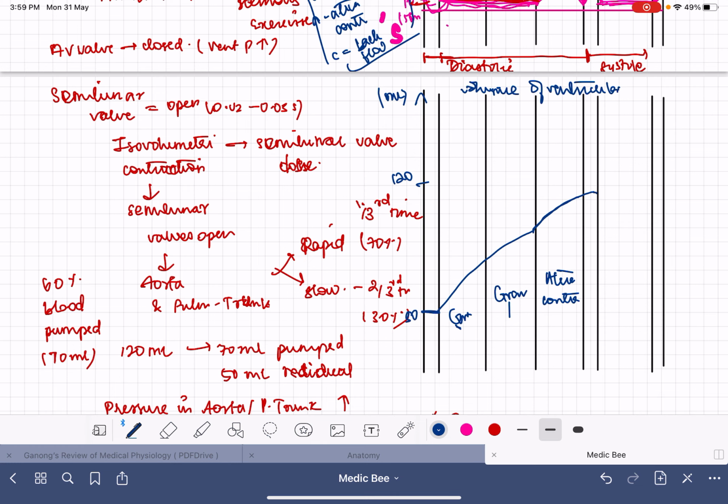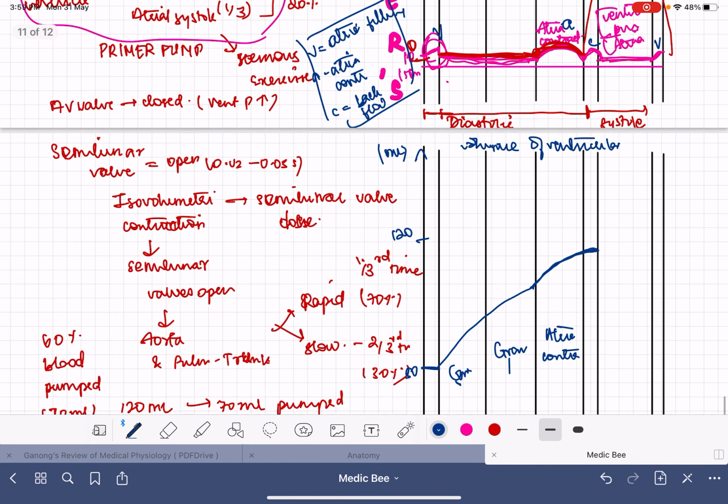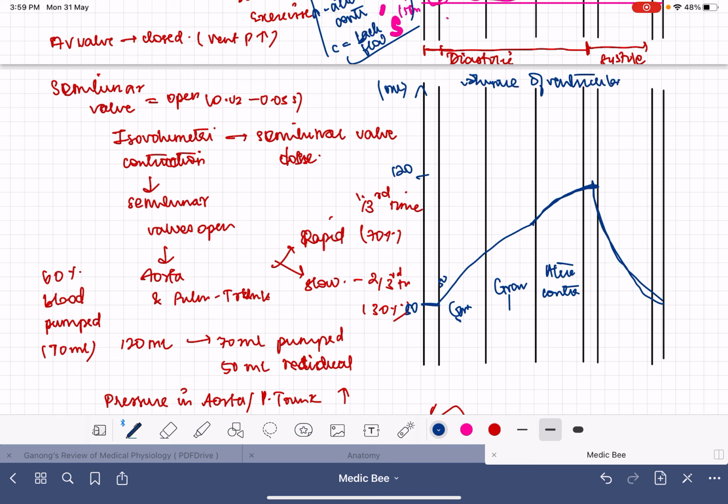And after that systole is happening. You can see that I haven't decreased the volume during the isovolumetric contraction period, because there is no change in the volume. And after that there will be a sudden fall in ventricular volume back to 50, because in this short span of time all the blood from the ventricle is pumped into the aorta. So here it was 50, here it grew towards 120.